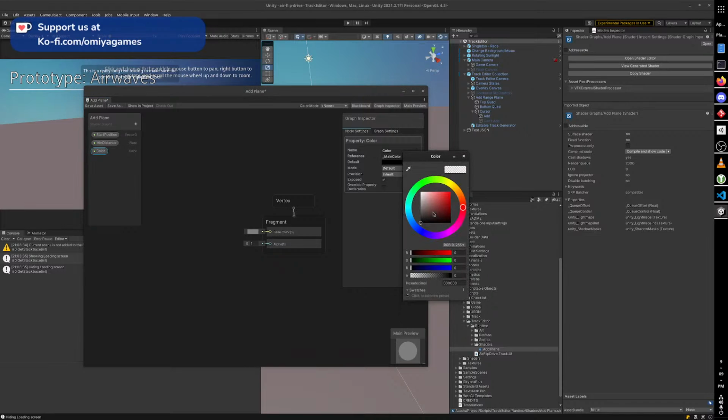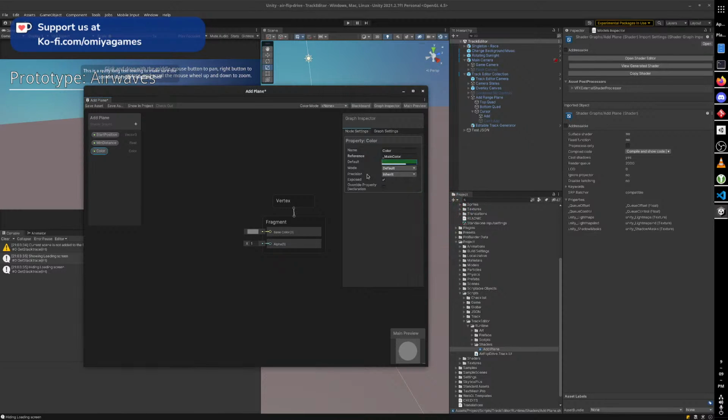We'll have this like some random value. Sure. There. An alpha. Yeah, that looks maybe wrong, but